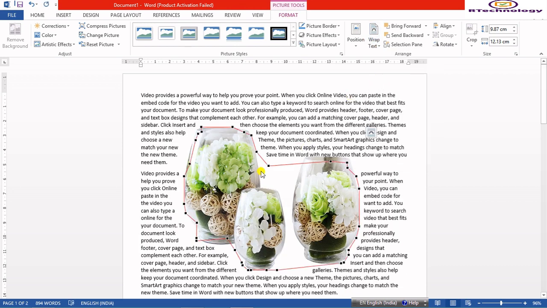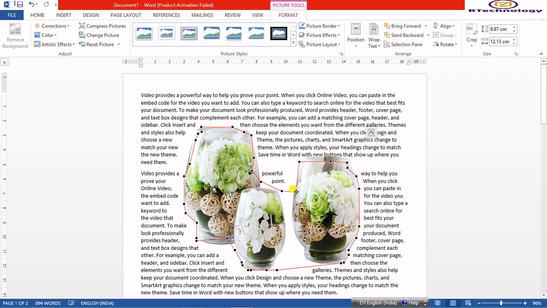Okay, so now you can allow your text in between the picture as well. See? This is how you can allow your text. Here also you can allow.